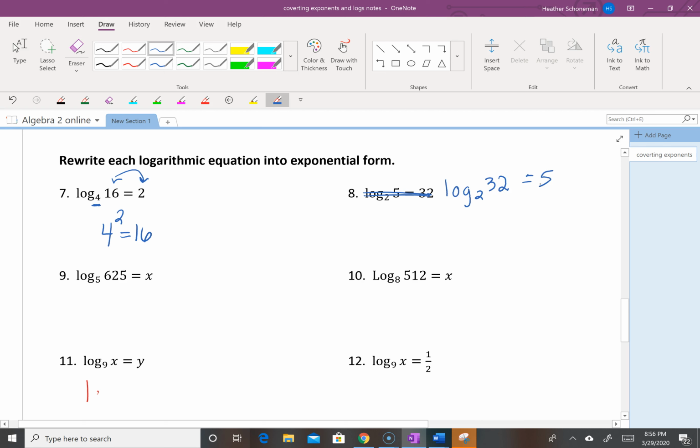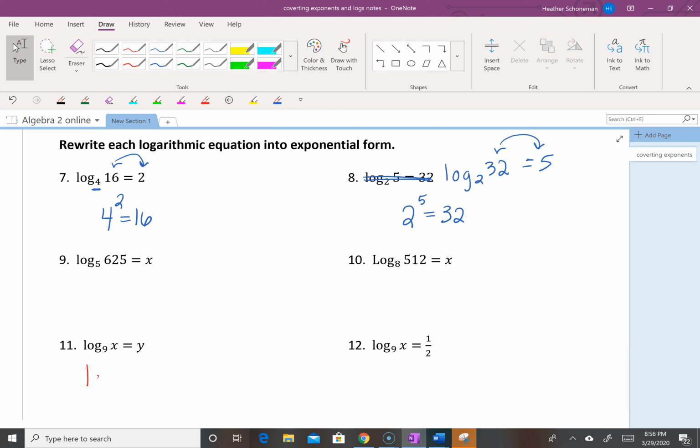Okay, so if I'm going to rewrite this one, it would be 2, and then remember, these flip-flop, so 2 to the 5th equals 32. Oh my gosh, it does. It's like it's equal. Okay, over here on the next round, this would be 5 to these two flip, x